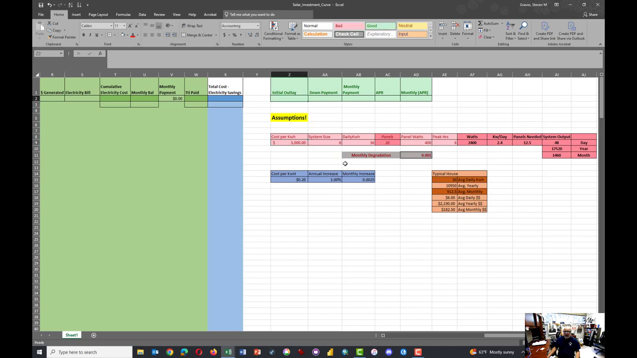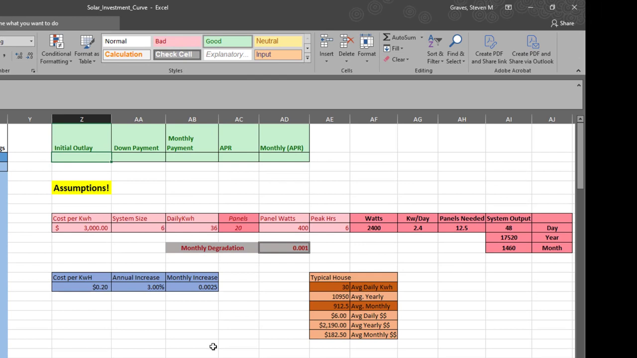So what I thought we would do is just go with something reasonably simple because everything else is so complex here, and we will say that our initial outlay here in cell Z2 is a $20,000 system, and we're going to put down $5,000, and we're going to include in here a monthly payment that we'll try to make $200 a month. This APR, which is the annual percentage rate, is important, and in this we're going to put 0.05